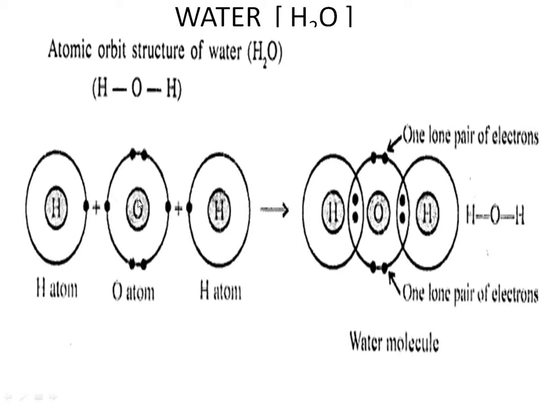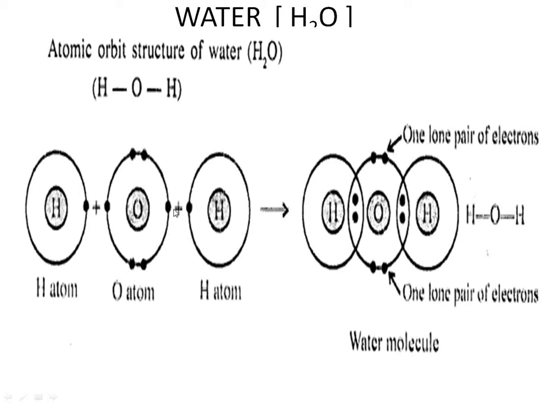If you want to stabilize this oxygen atom, it has to get 2 more electrons to get 8, that is the octet structure. So now the octet rule it will obey. In the case of hydrogen, both hydrogen atoms have 1 electron and both are in need of 1 more electron. So one hydrogen atom is going to share 1 electron with the oxygen, and the other hydrogen is also going to share 1 electron with this oxygen atom. So that oxygen will be satisfied with 8 electrons, and hydrogen also is in badly need of 1 electron to become a duplet there. The same way the other hydrogen also becomes a duplet.